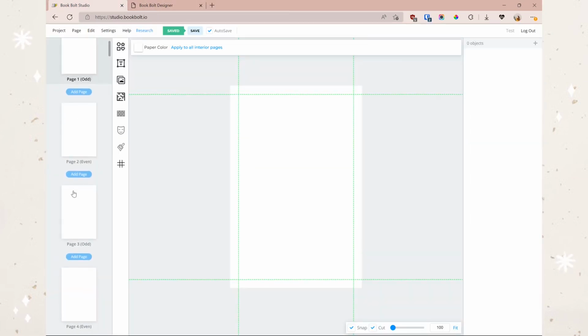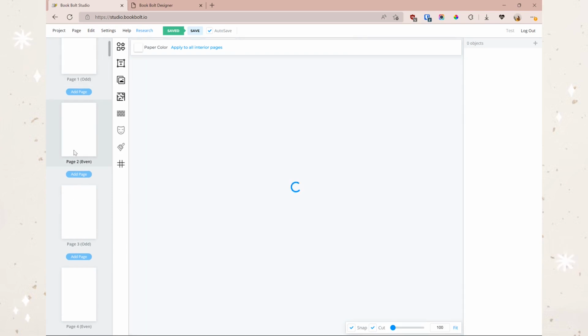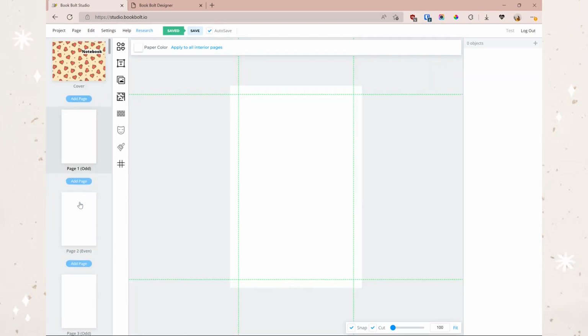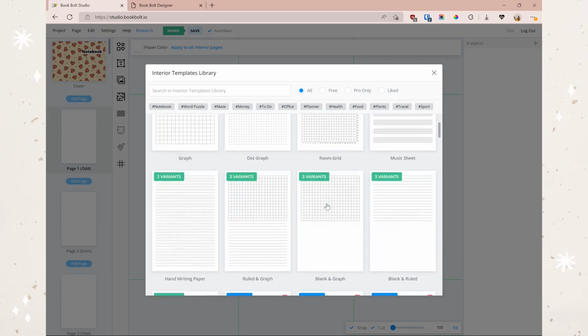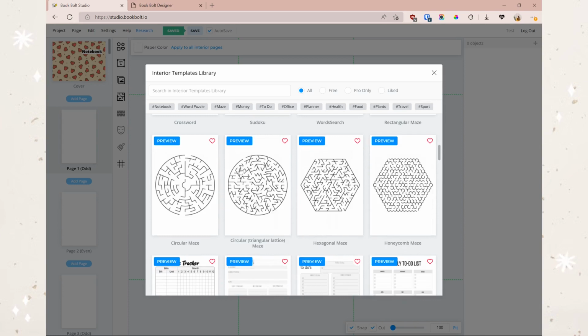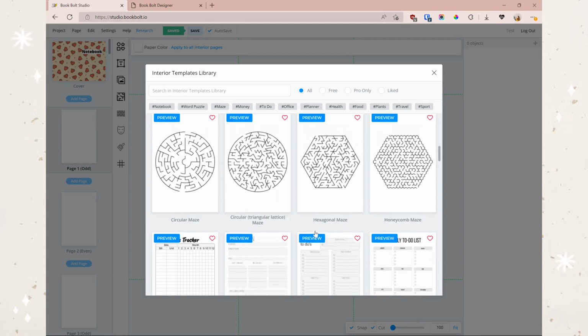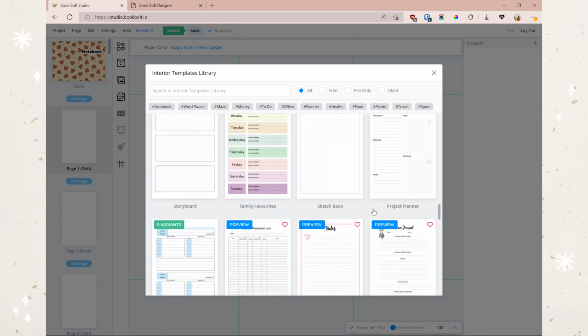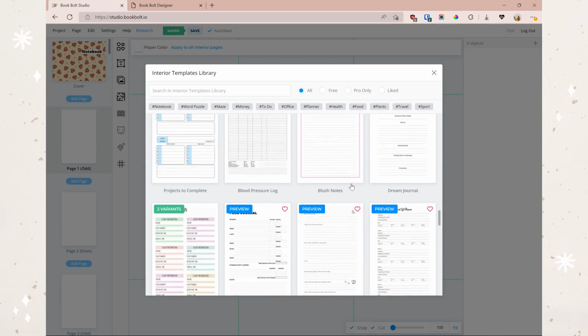And that is where the lovely, lovely interior pages come in. It is so awesome that you can edit them individually. And now I'm just going to show you guys these page templates because they are so cool. There are a ton of new ones here, and I believe that for these puzzle ones, you'll need to have the Puzzle Whiz tool as well. I'm not sure about that. That's what I heard. Could be wrong,